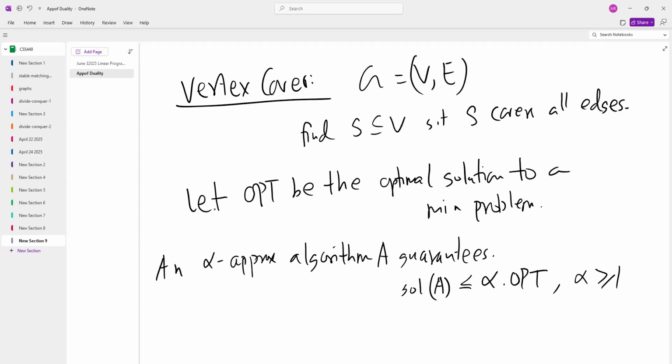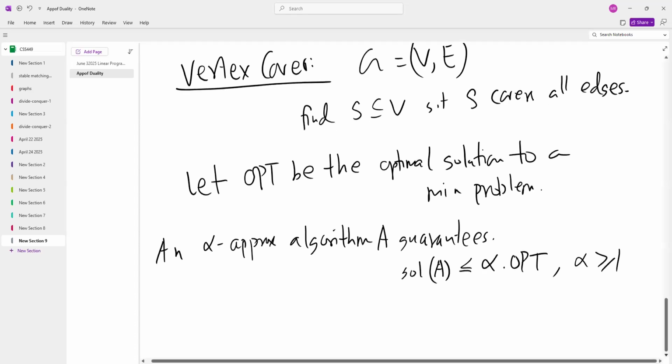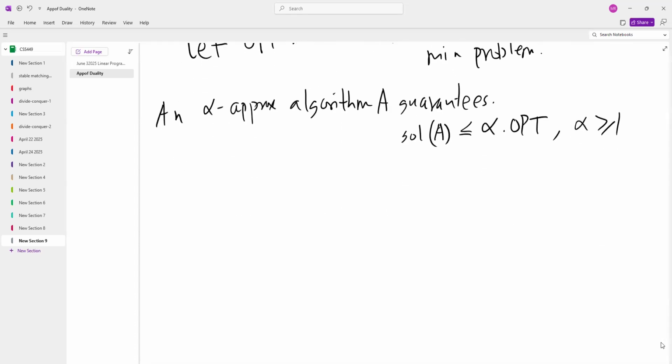So now I want to show the application of LP to solve this problem. There are two ways to derive a 2-approximation algorithm for vertex cover, so we'll look at the LP way of doing it. Okay. So now what I want to do is